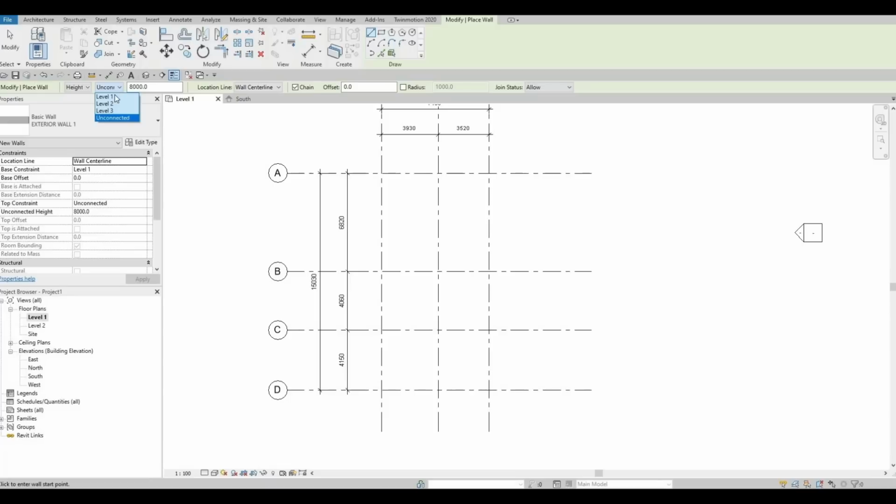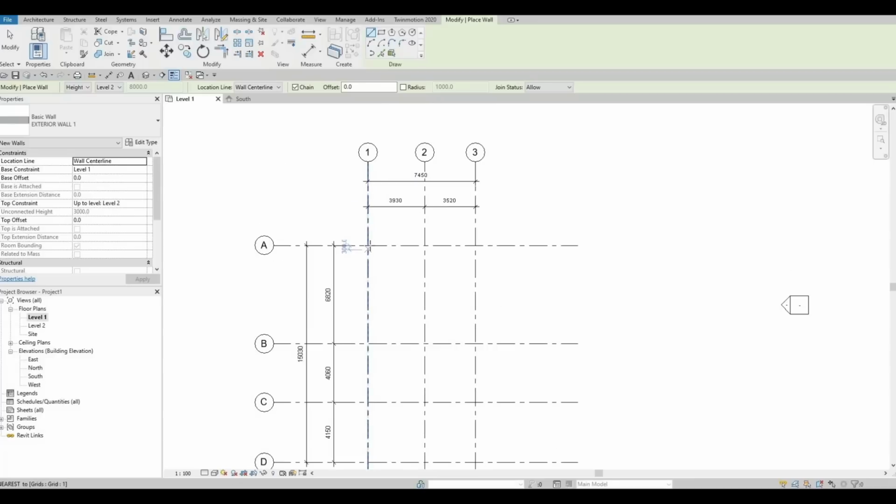Make sure that you're connected up to level 2. So your base should be level 1 and then top constraint up to level 2. Wall center line is good, and then chained. After that, we're going to click on A1. So click on A1 up to A3. Then down,